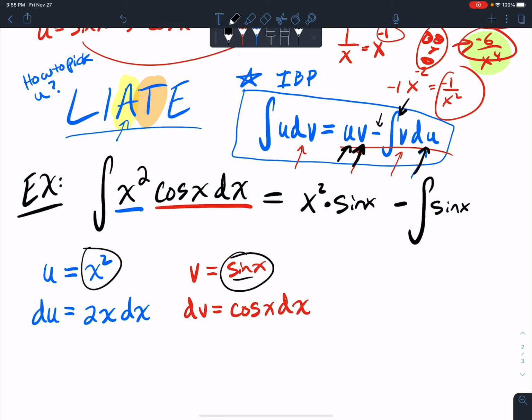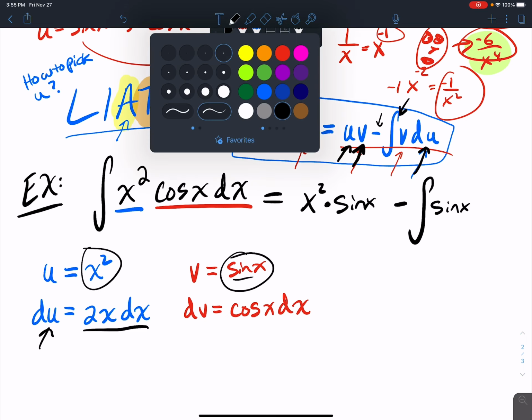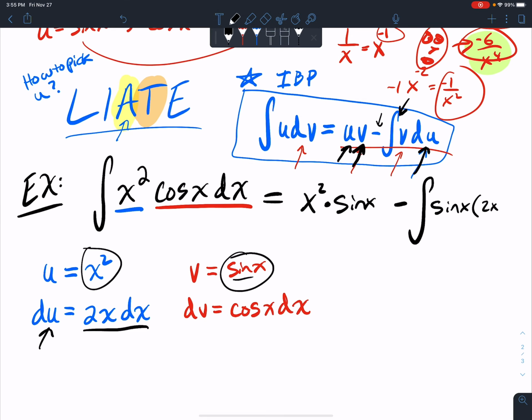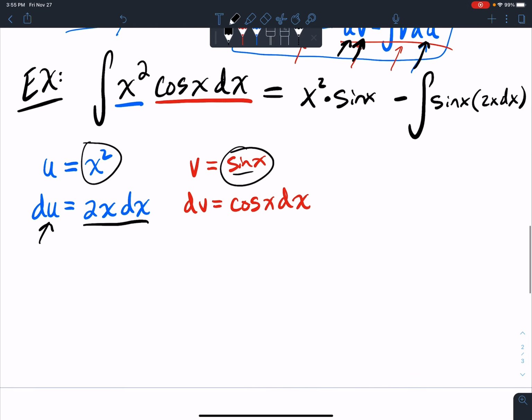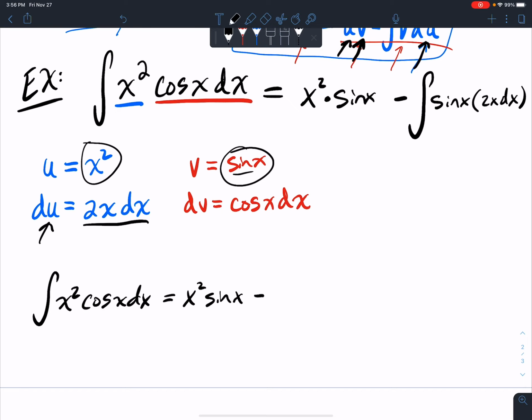And what is du? du is equal to 2x dx. Okay, so now let's sum it up. I've got the integral of x squared cosine x dx equals x squared sine x minus, now